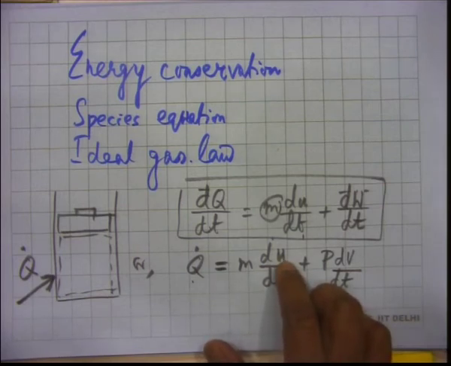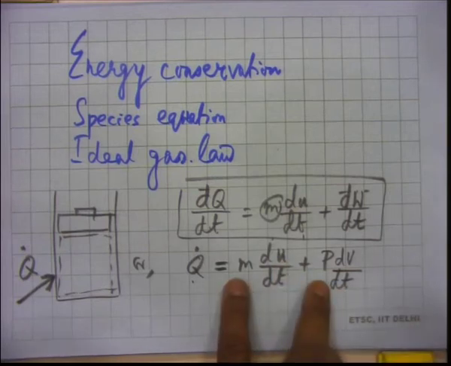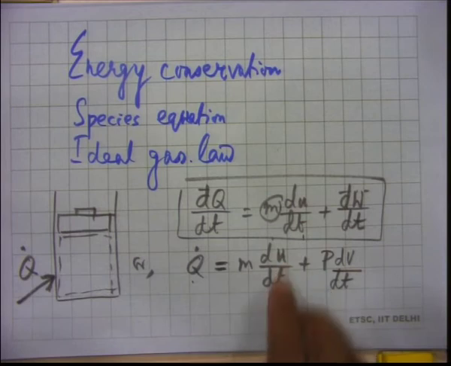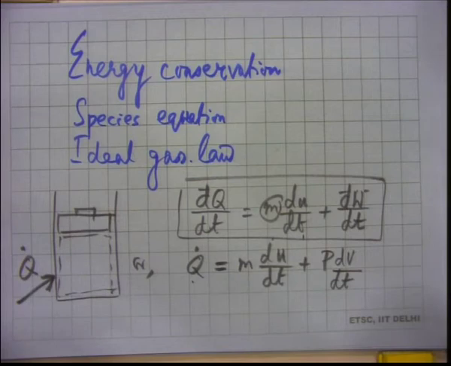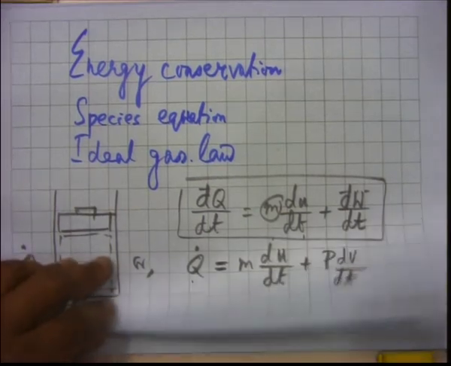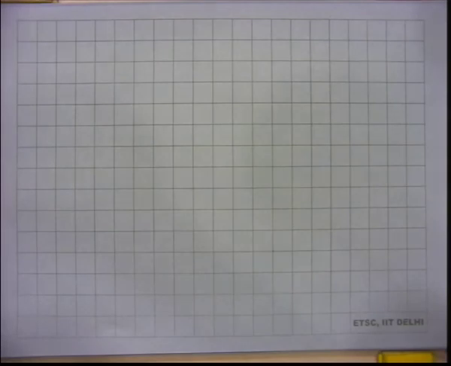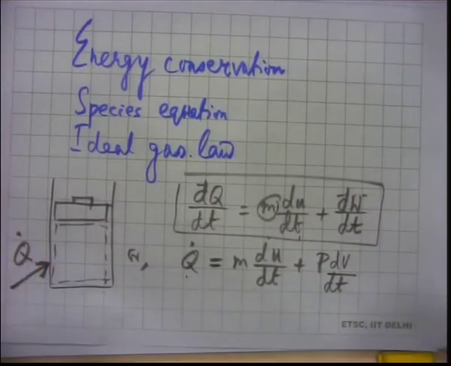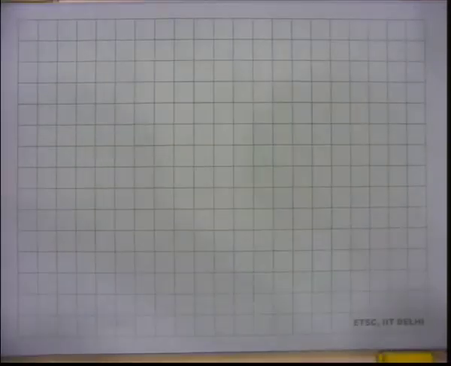This is of course first law, so this is of course correct, but we have to do something to get rid of that internal energy and bring in temperature, correct. So, the other thing that we can actually think of doing is